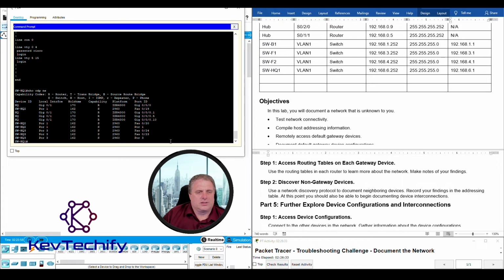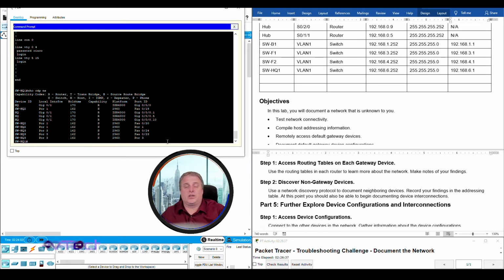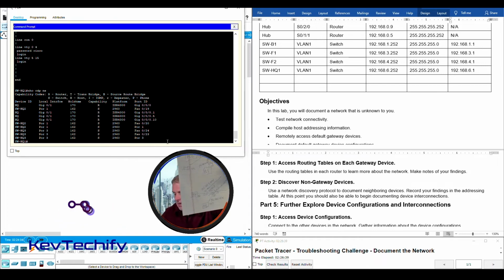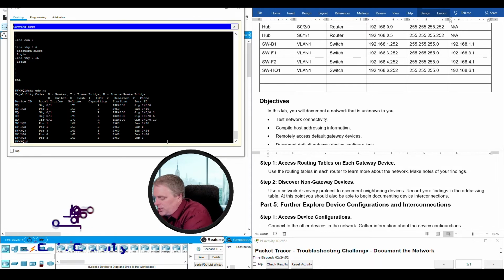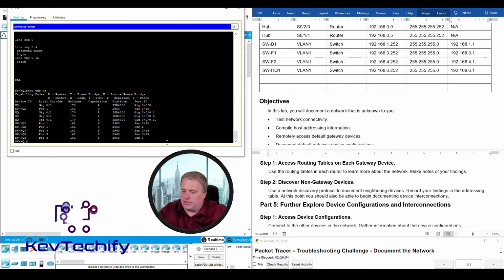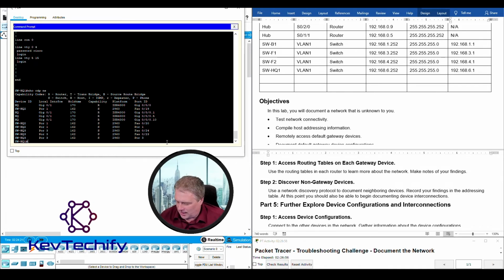Oh, so my drawing right now is a mess. It's going to get even messier. What I'm going to do is start going from HQ and drawing backwards to my end devices. I'm going to get out a new sheet of paper, a whole third sheet of paper, and I'm going to start drawing there. And so I have HQ here, the router that goes down to the device we're on is